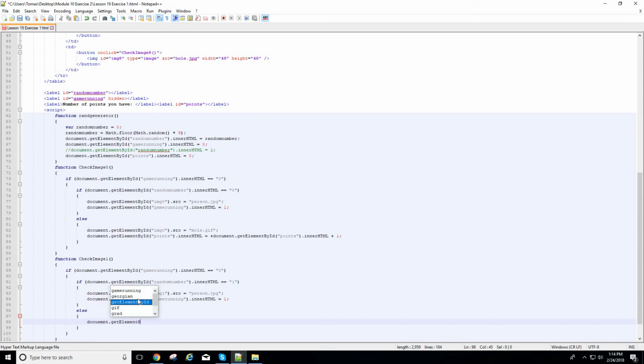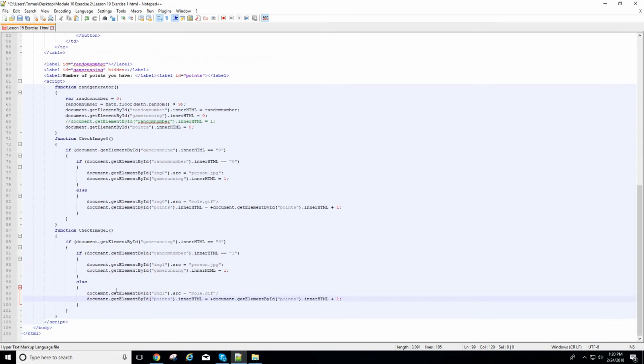the image to, we want to change image 1 to the mole, because we know that the person is not in this button. Then we want to add points to the person score. All right, so we have the base of our code done